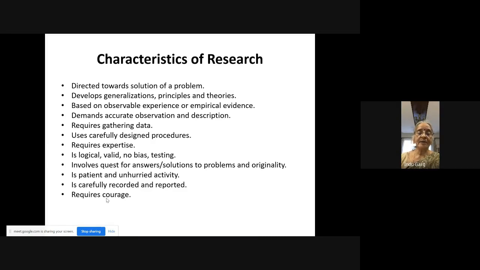And why do I call it a courageous activity? Because the interaction between your research supervisor and you, my God, it can be terrible. I'm sure Meenal can vouch for me that there were moments of so many arguments, so many discussions, so much repetition of work that needed to be done: reporting, re-reporting, writing, rewriting, reconducting, going back to the students to collect. Oh, it requires a lot of courage.